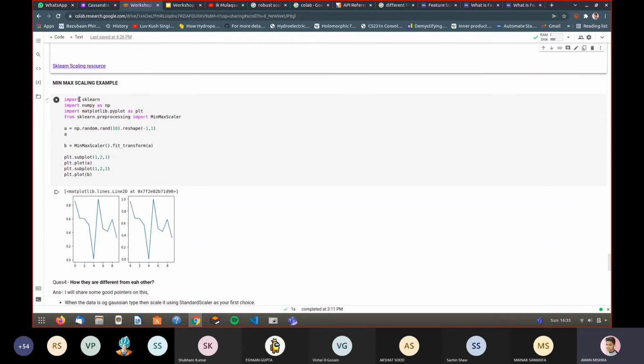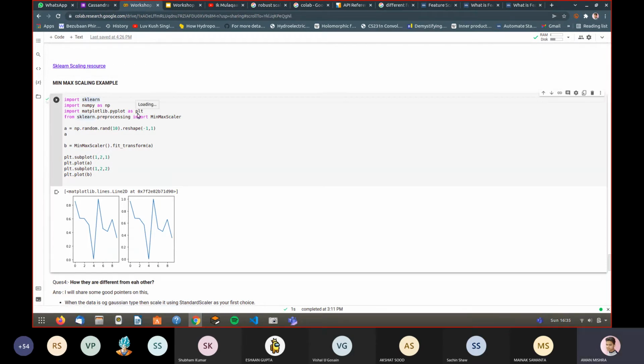You will need to import sklearn. You all need to get used to the sklearn library. If you have any questions, you can unmute and ask in between; I will stop and let you speak.